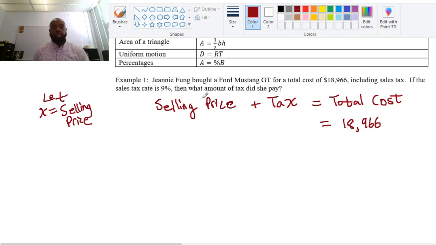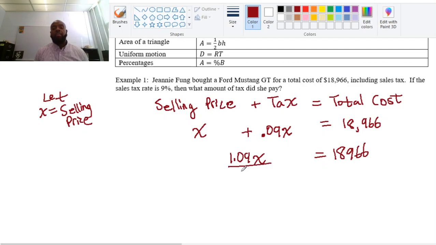So instead of writing the words, I'm going to replace selling price with X. And I know that my tax amount is going to be 9%. To take 9% of something, we multiply 0.09 times that selling price, and that's the amount of taxes. And so now I have an equation that relates all of those variables. X plus 0.09x, well, that's a 1 in front of the x, and 1 plus 0.09 is 1.09. So I get 1.09x equals